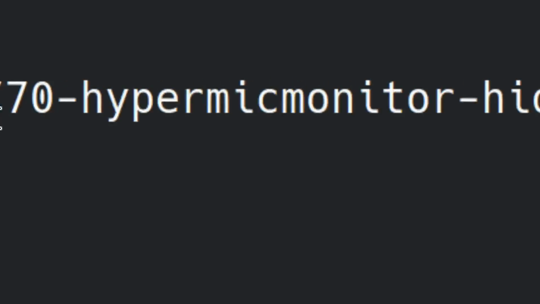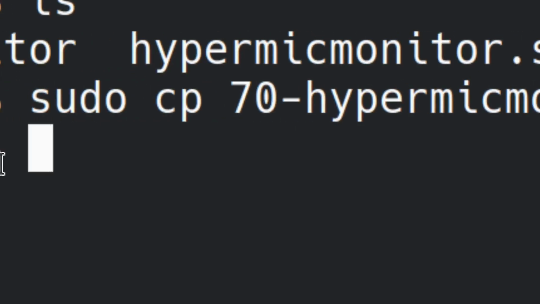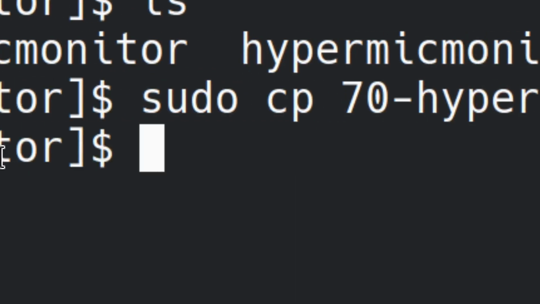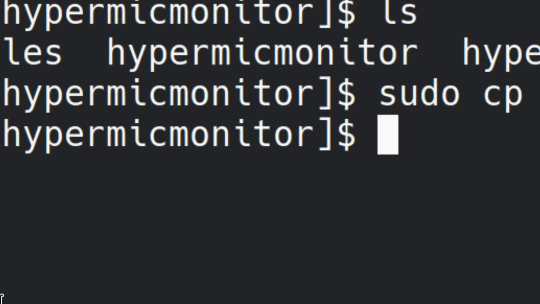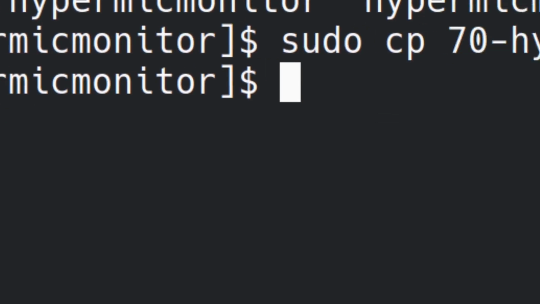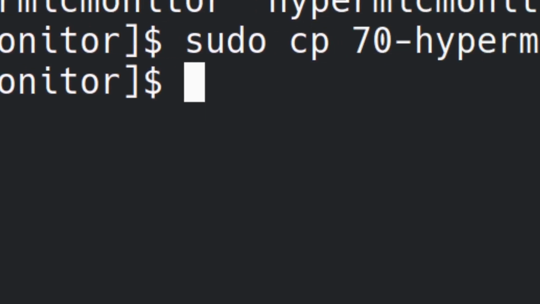But once you do that, you're going to need to find some way to reload the udev rules. The most reliable way I know of is to reboot your computer. Honestly, it's fine, just reboot, everything's going to be fine. Anyone who says you don't need to reboot Linux is lying, so it's probably a good idea to reboot anyway. So once you've done that, then you can dotnet publish it,